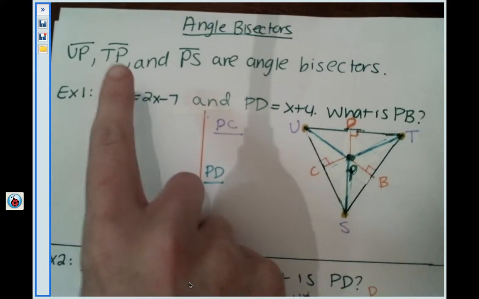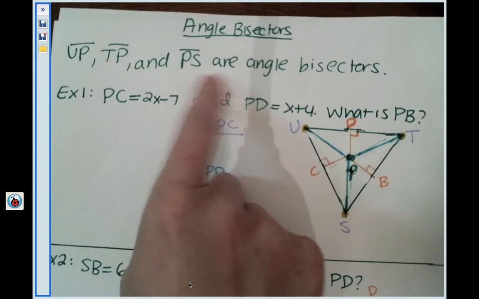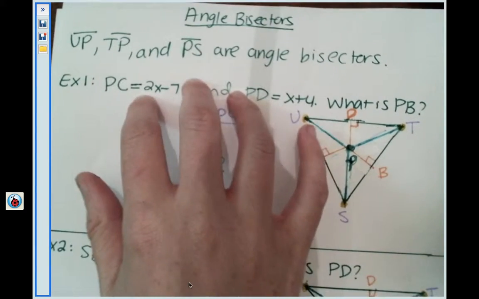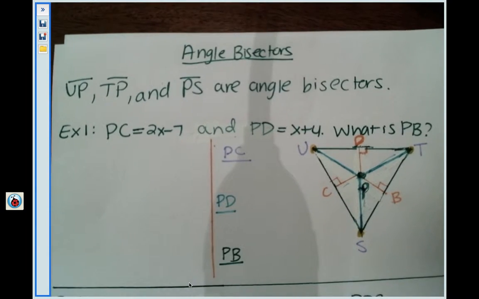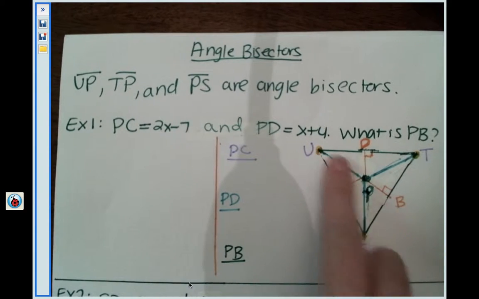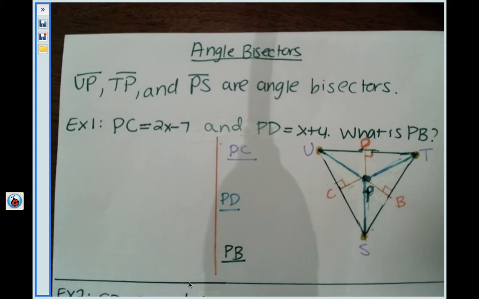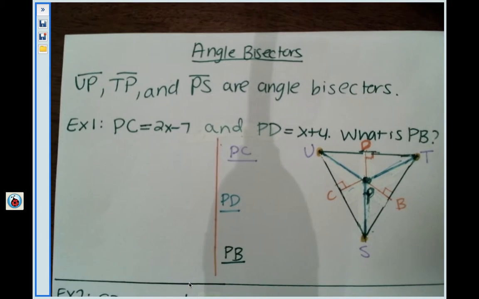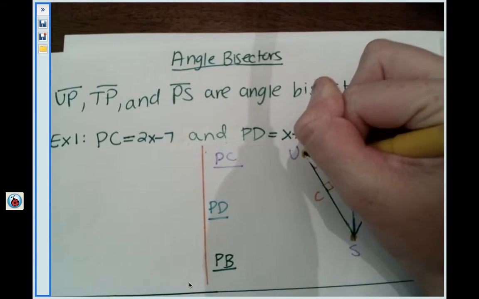Alright, so in this one it says segment UP, segment TP, and segment PS are angle bisectors. And this property will apply to example 1 and 2. So don't forget that initial property. Since we know that UP, TP, and PS are angle bisectors, what does an angle bisector do to an angle? Holy hot dog, you guys are so smart. It does slice it in half, which creates two congruent angles. So if I labeled my picture, since these are angle bisectors, it means that these two angles are congruent,